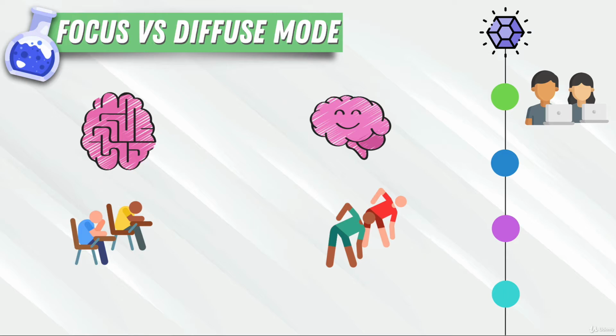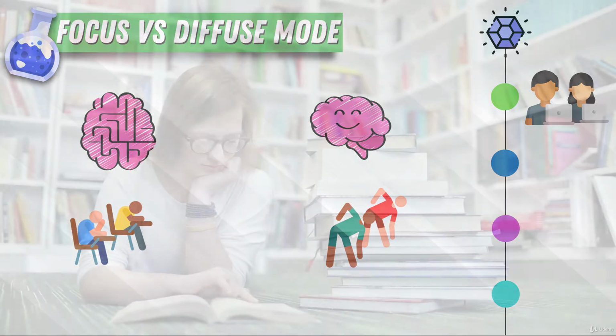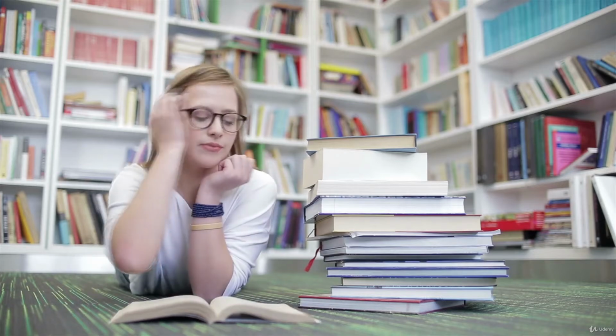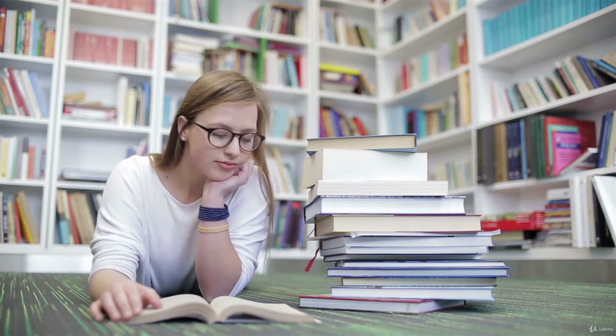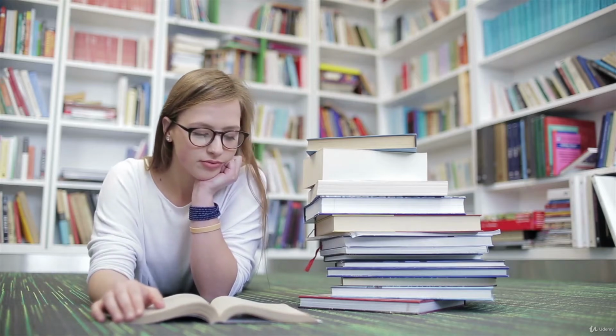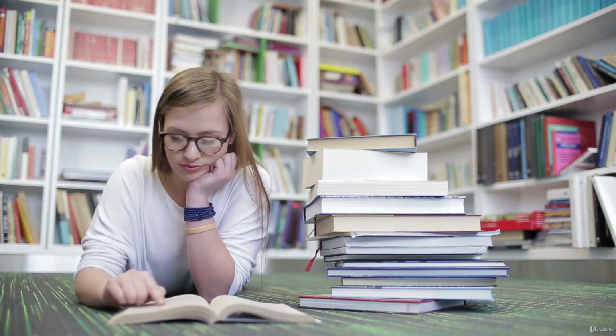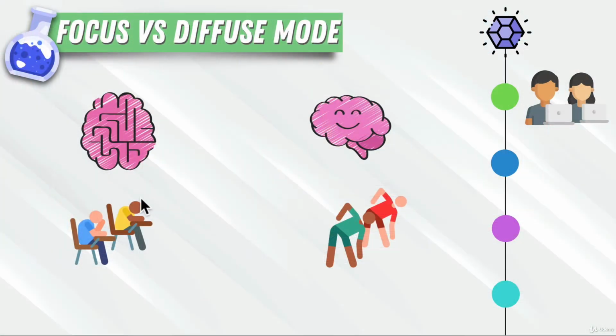Barbara Oakley and her colleagues discovered that there are two states that our brains can be in. One is a focused mode. Focus mode is when all your energy is completely focused on a task, like when you're taking an exam. You're locked in your room and focused on one thing. Nothing else around you really matters. Your brain does just one thing, and it's so focused that 100% of that attention is going to one thing. That's what focus mode is. Your brain power and attention goes to one activity. It's like you have a laser and that laser is pointing to one thing.